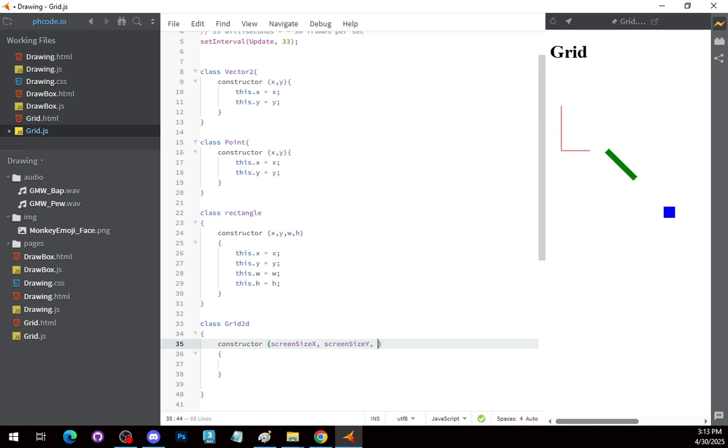We also want to spend. So we're also going to pass the origin X, origin Y, and